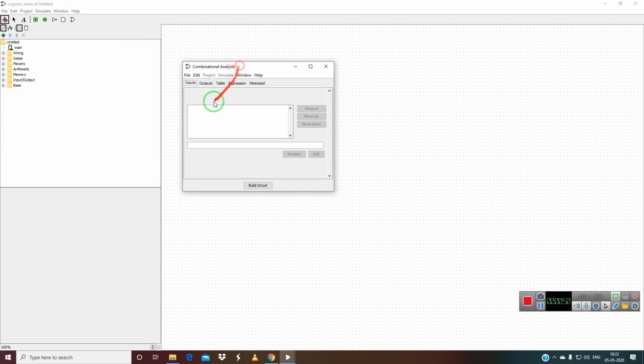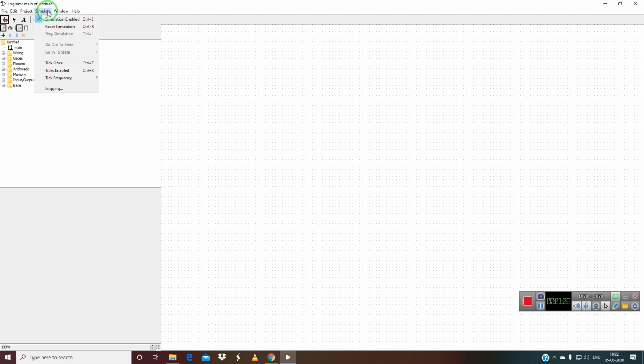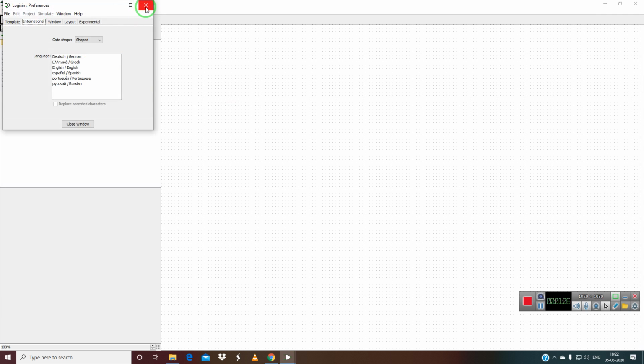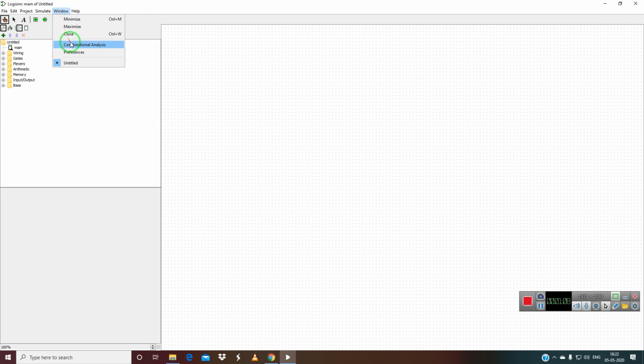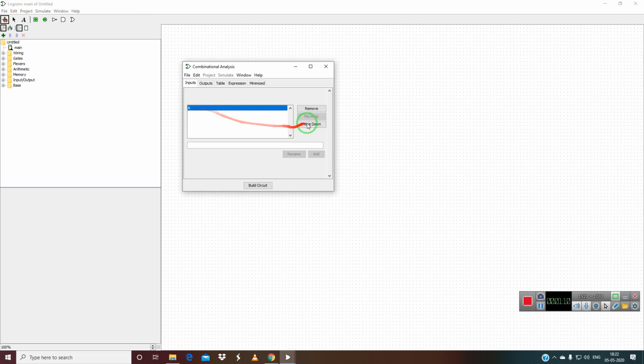So I'm going to design a full adder. For a full adder, you have inputs. Look where I'm going: Windows, Combinational Analysis. So remove this.